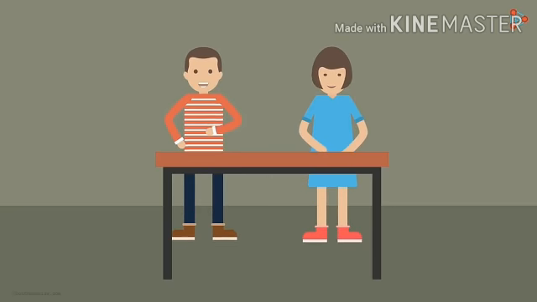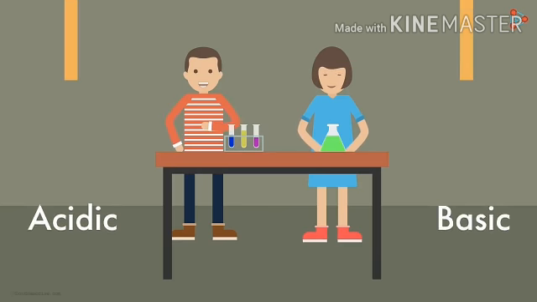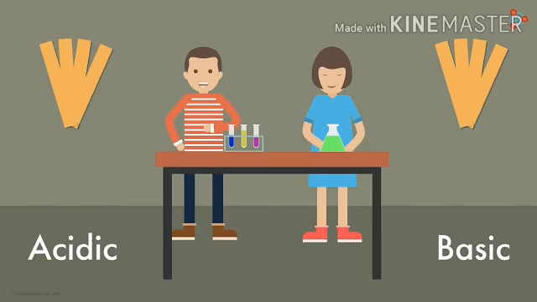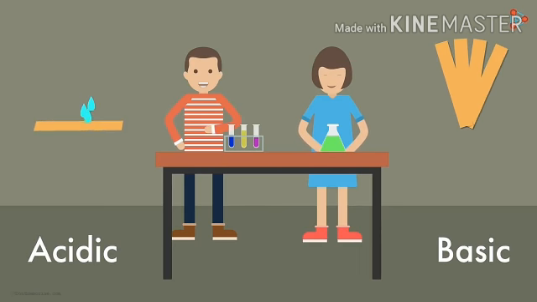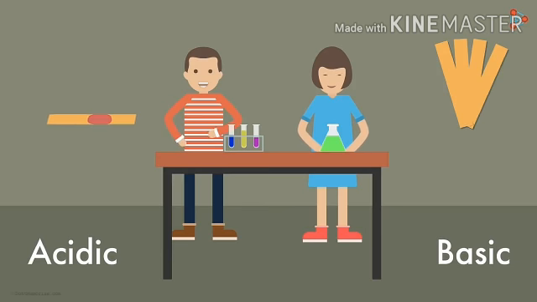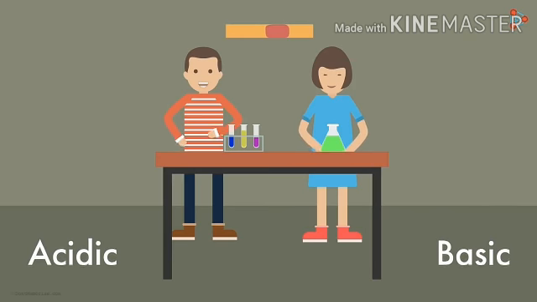Zara and Zen were all excited to perform a series of tests on a few solutions to find out whether they're acidic or basic. Their teacher handed them a few yellow-colored paper strips, and before she could return to guide them, Zen had already dropped a few drops of some solution on it. And to his surprise, the paper turned bright red.